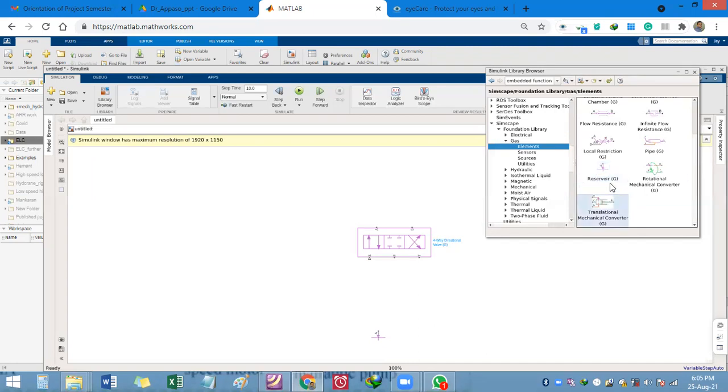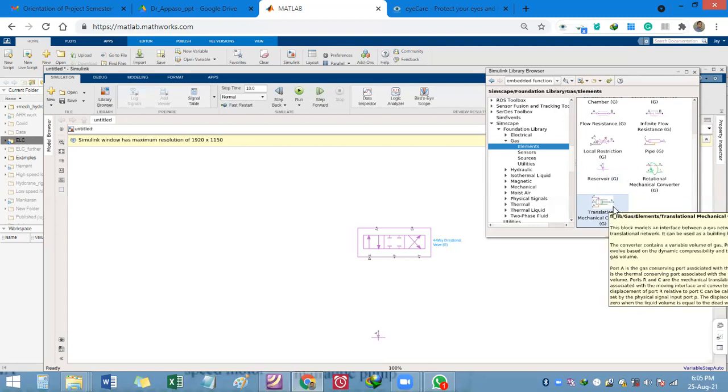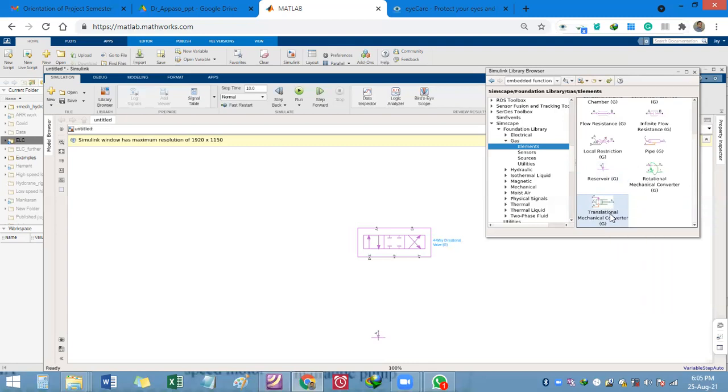We will go to that block a little bit later. Now the cylinder is clearly visible here, so we can drag and drop this cylinder also in our Simulink window. And a pipe is also given, so the pipe will also be useful for us. I am dragging this pipe also onto this Simulink window.